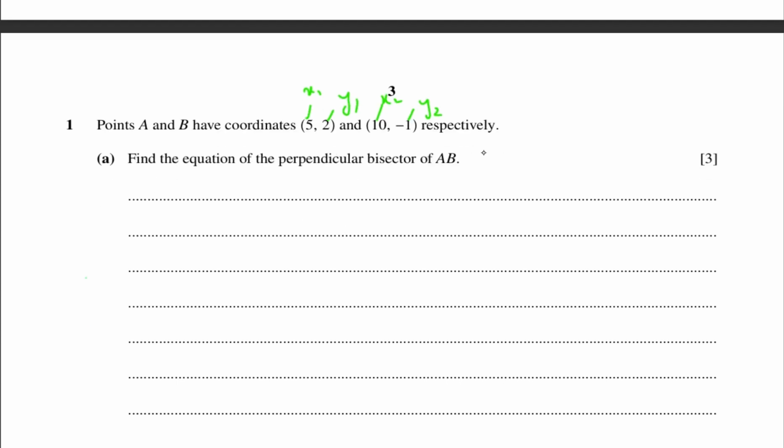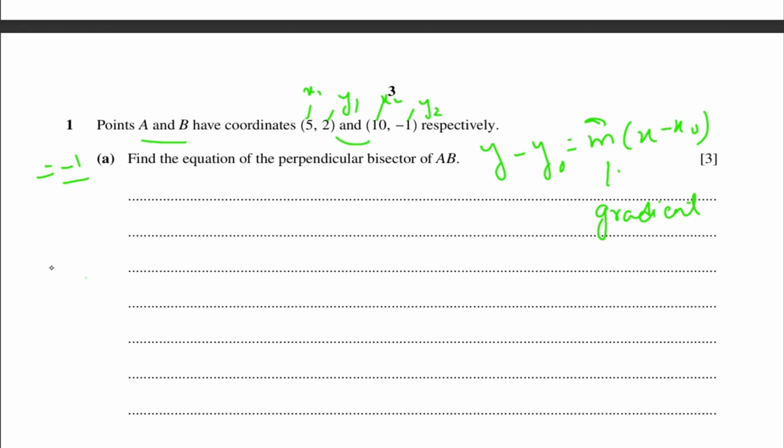So we will use the formula y minus y naught is equal to m times (x minus x naught). Here m is the gradient that we will calculate. First of all, we will calculate the gradient of AB. Then we will divide it by minus 1 and we will get the gradient m, that is the required value, and y naught and x naught will be taken from the midpoint of AB. So first of all we will calculate